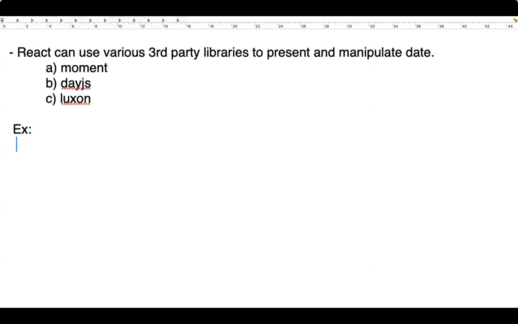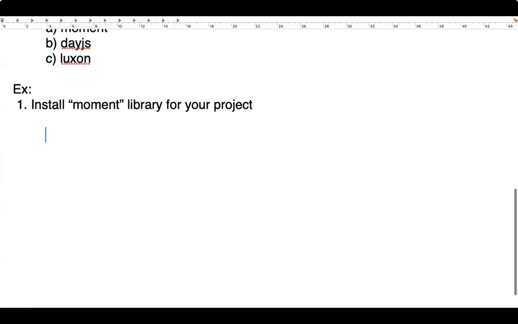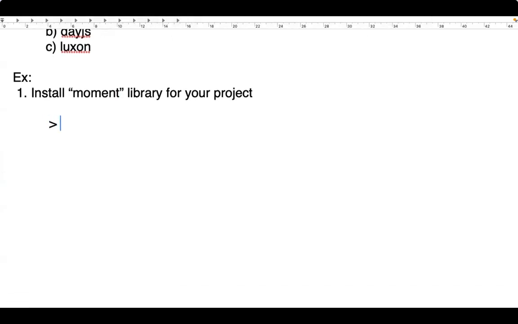So first what you have to do is install the moment library for your project. What you do, open the terminal in your project. You have to run the command npm install moment and save. You have to install the moment library. Moment library we have to install. That is the first thing you have to do. After that,